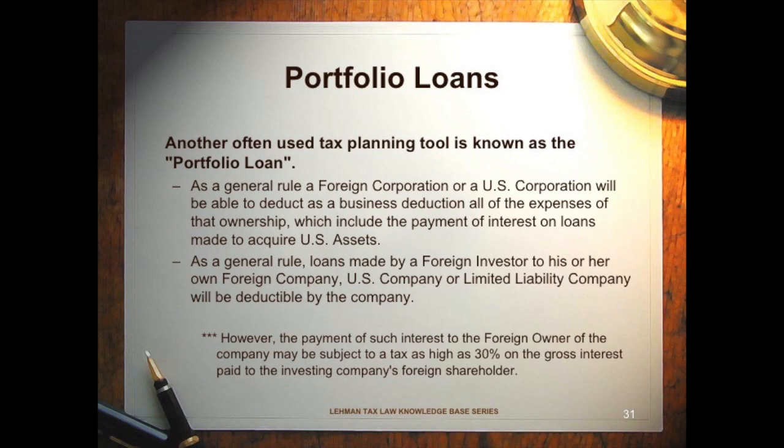So on the one level, they're getting a deduction, so their taxes are going down. But on the other level, they are being taxed on the interest that reduced their profits. And that is typically a flat tax of 30%, and it's going to be higher than the tax on the